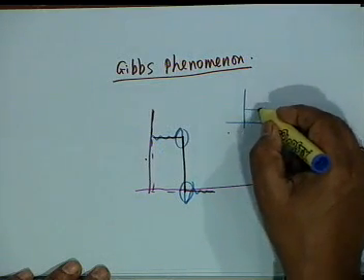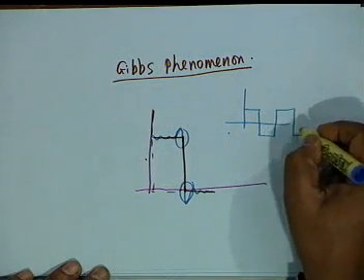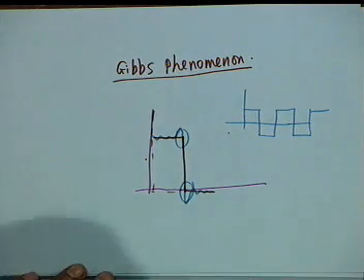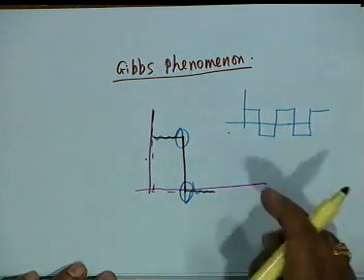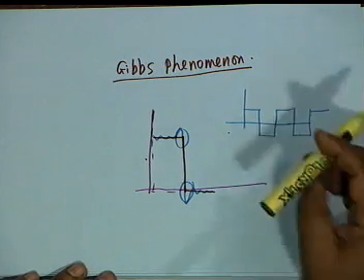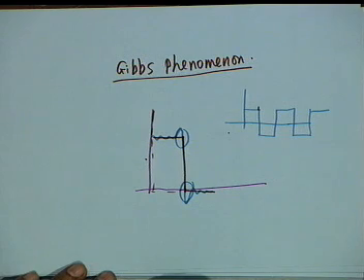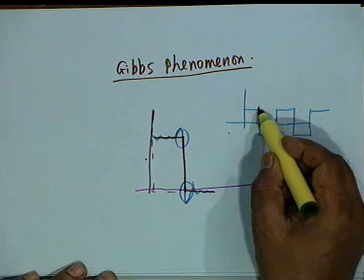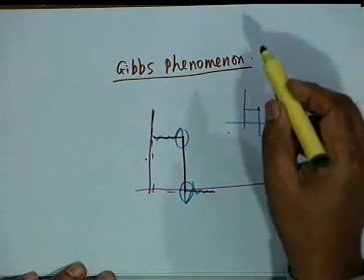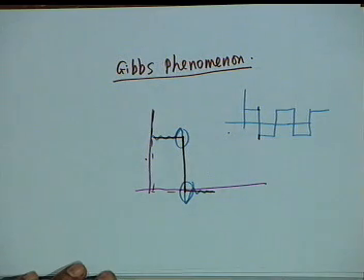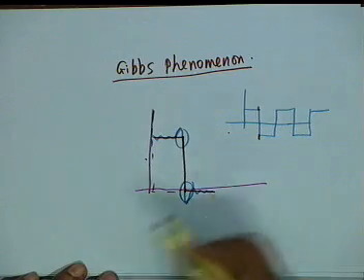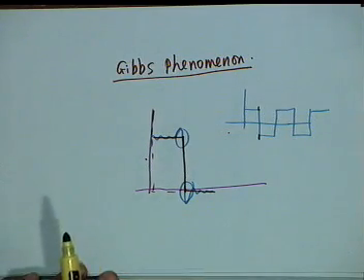But suppose the Fourier series is that of a function like, let us say, a rectangular wave like this, then even if you take an infinite number of terms, it is still an approximation, because there are sharp discontinuities. And what you get in practice, if you take an infinite number of terms, is that you get a rod here. The rest of it is fine, but at this point of discontinuity you get an amplitude rise, and at the point of discontinuity here you get a fall. Okay. The amplitude of this rise or fall does not depend on the number of terms.